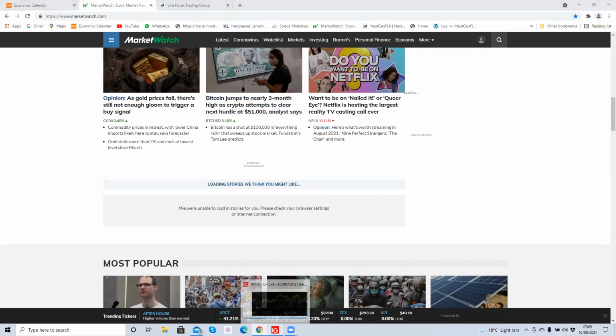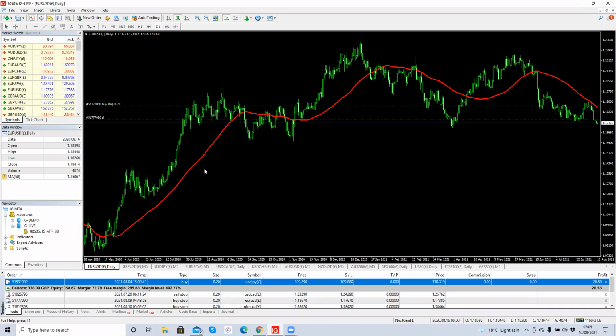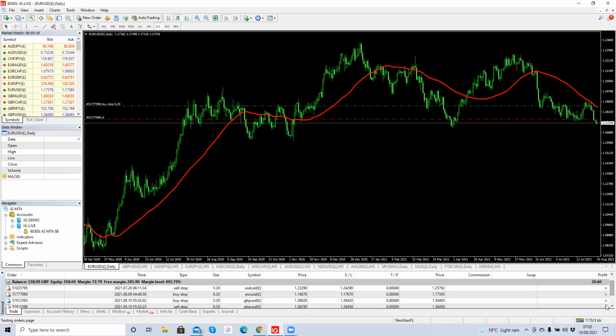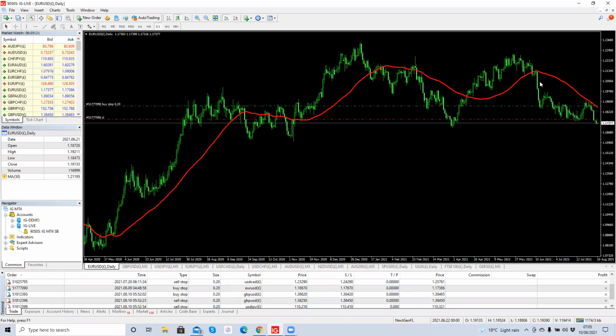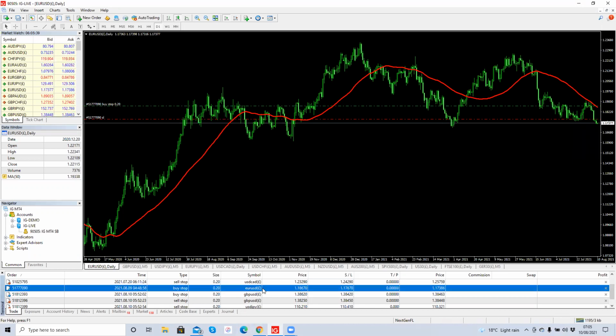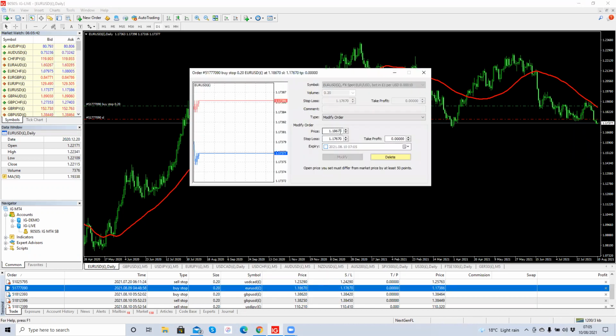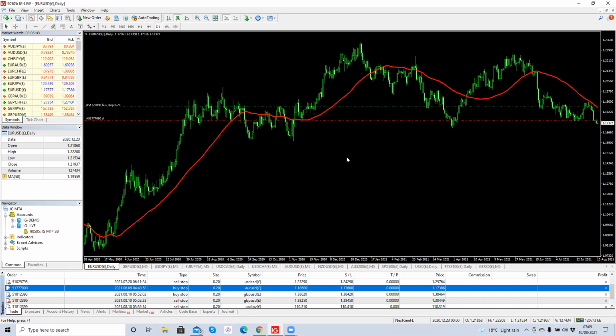Okay, so let's go to the charts. We'll start with the Euro US dollar swing trading. Look at the daily time frame. Looking at the daily time frame, the market is currently trending down. The moving average 50 today is 1.18576. So I'll round that up to 1.1858. So I'll adjust my pending buy order to 2 pips above that. That'll be 1860. So I'll just adjust that to 1860. And the stop loss 100 pips, 1760.